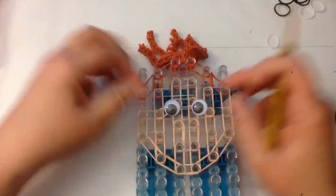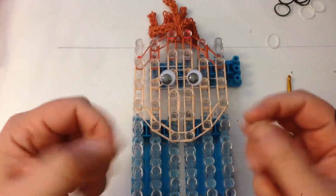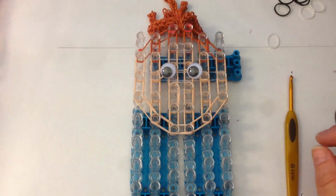It's funny, you don't realise how much you use your hands to do things until you start looming, and then